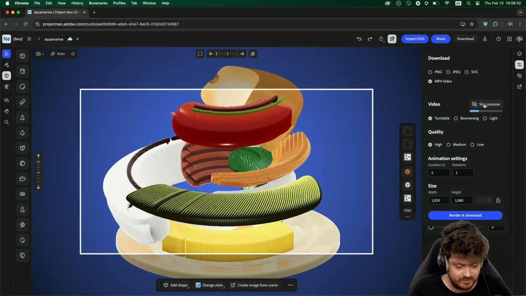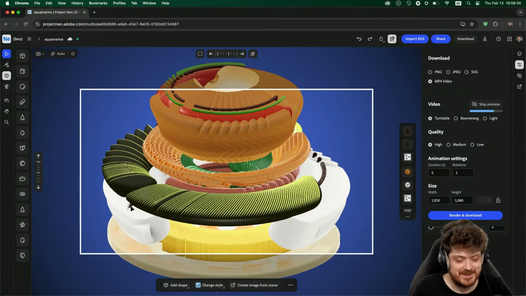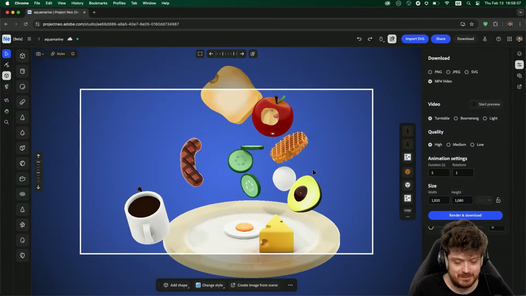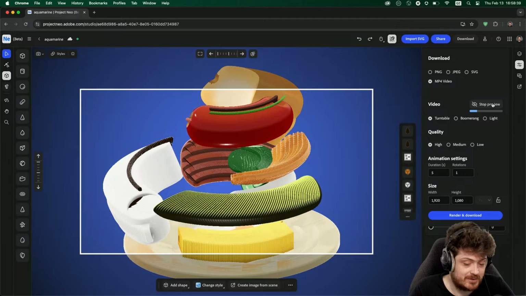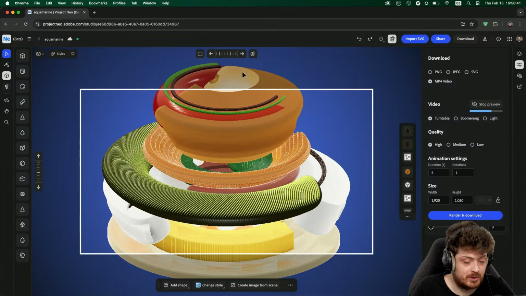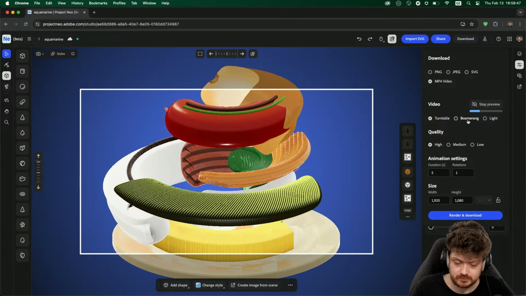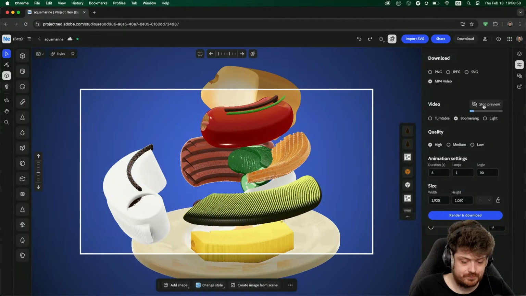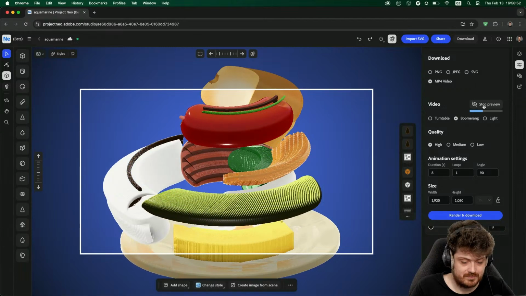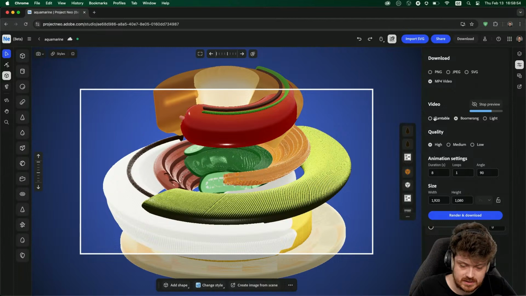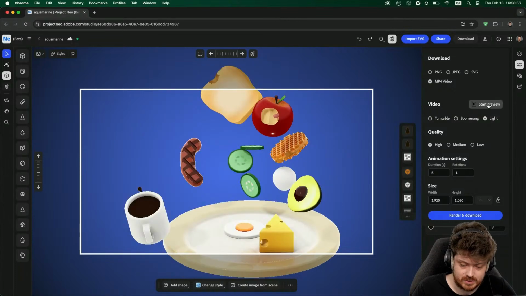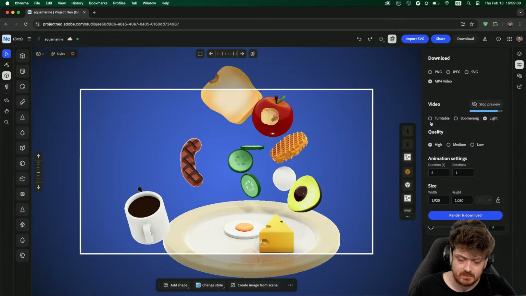Don't worry, there seems to be a bug right now in the beta, which I actually find quite useful because that allows me to know when something is in frame or not. So quite useful. So we can have a turntable. We can have a boomerang. And what do we have here? Oh, we can rotate the light around. There you go. So if I were to render this now,